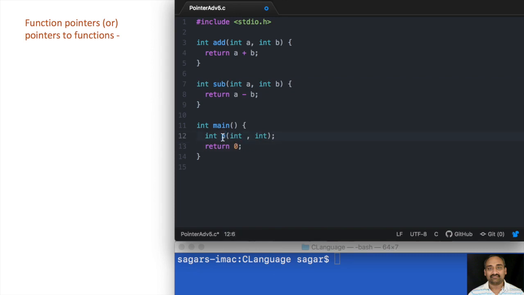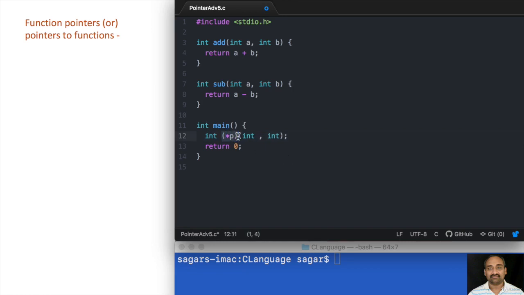Now when I say int *p(int, int), this is a function that returns a pointer to integer and accepts two integers. This is not a pointer to a function. It is a function that returns a pointer to integer and accepts two integers. That's why what we need to do is put parentheses before it: int (*p)(int, int).